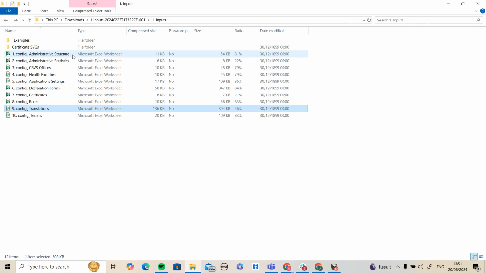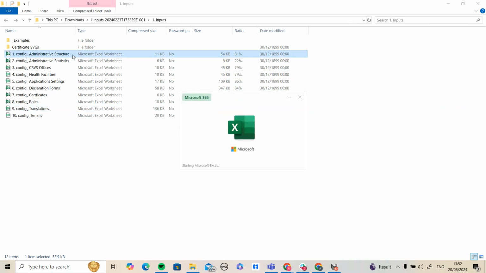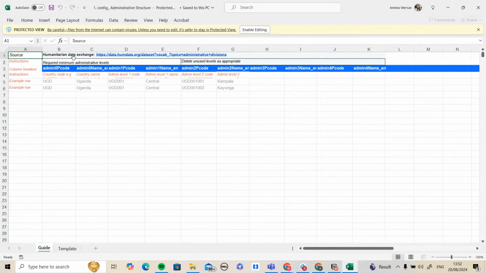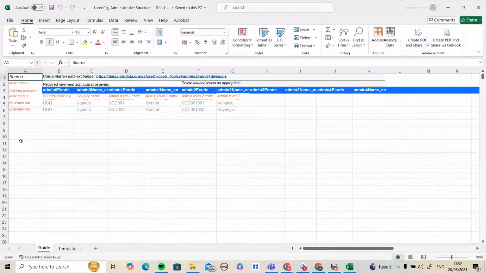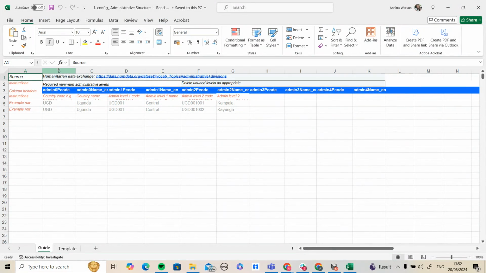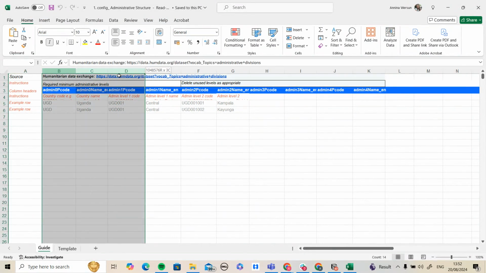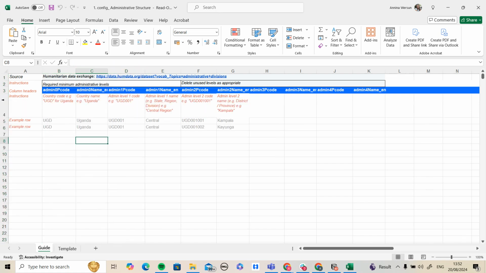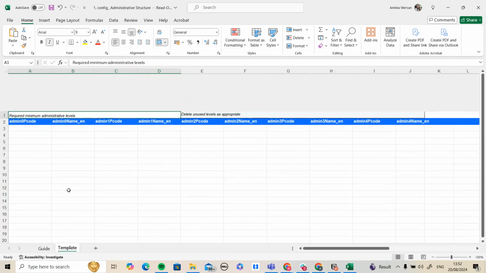Let's start with administrative structure. Administrative structure holds all the reference data for the country. So it's about understanding each of the different administrative structures and levels and assigning them a code so they can be identified within the system. You can see here there is a guide tab and a template tab. The guide is here to explain how to complete the template, and the template is for you to complete